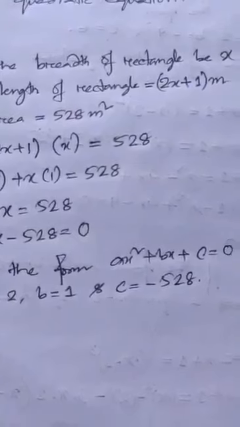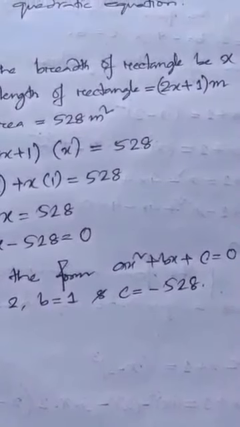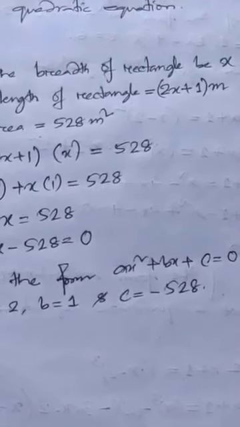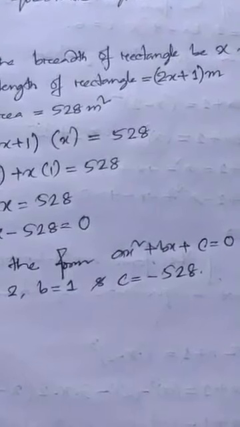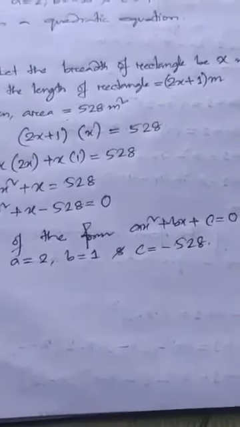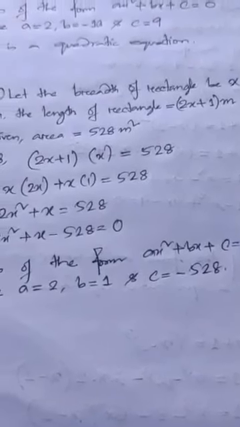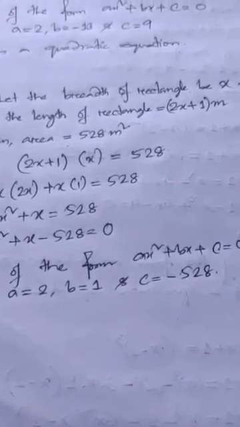What have we considered for breadth? x, and twice of x will be 2x. That's what I've written. So let the breadth of rectangle be x meter, then the length of rectangle equals 2x plus 1 meter,